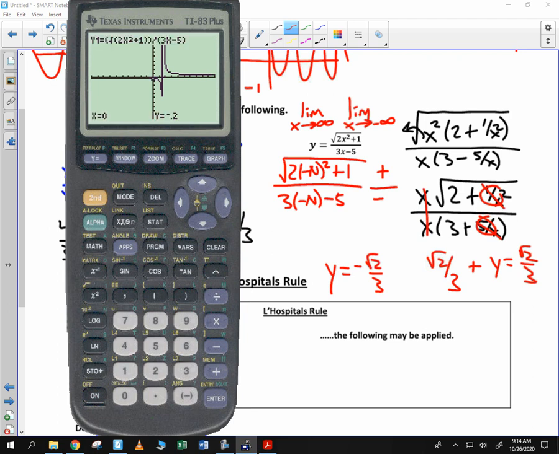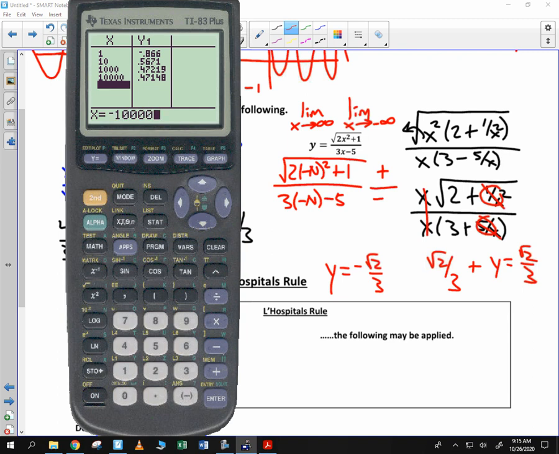As you check out your graph, there you have it. As you trace, as you head towards positive infinity, look at what happens. The y value stays positive. In fact, about 0.6 is about square root of 2 over 3. So you can see it's positive that direction. But if you head towards negative infinity or back the other direction, watch what happens there. Notice how it stays below the x-axis. Negative 0.26, 7, so on and so forth. If we check the table, you can see what's happening here. 0.47. If you head towards negative, let's say 10,000, you get the negative value. So positive one way,